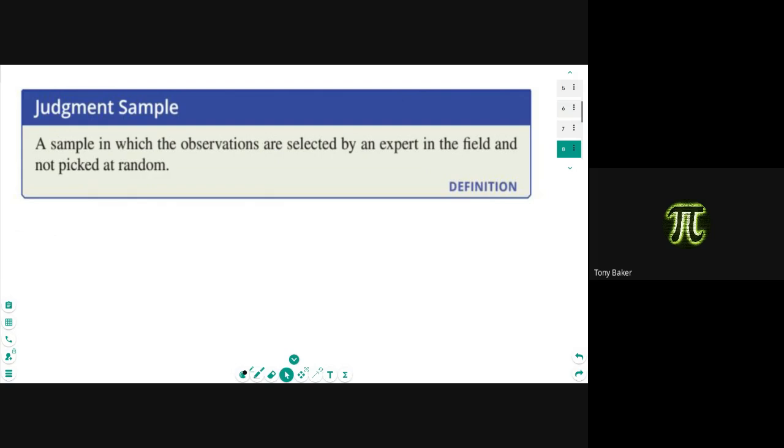Okay. It specifically says not picked at random. So no, this would not be a random sample. Would it be a sample? Yes, it is a sample. It is just not a random sample. So all the stuff that we've been doing would not work for this type of study or this type of information. However, and this is where you really need to